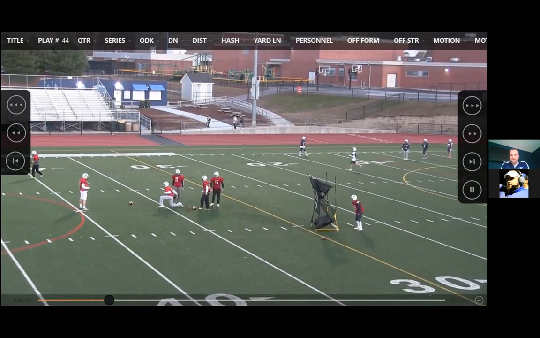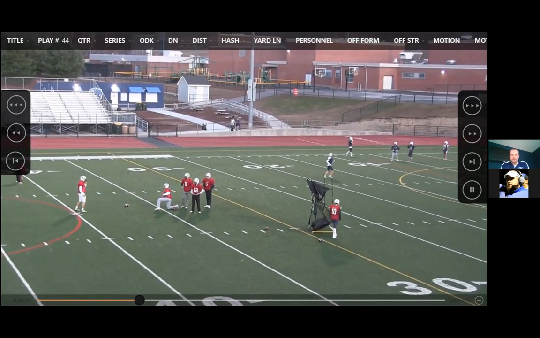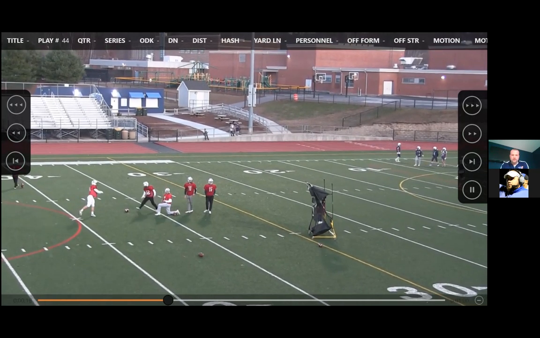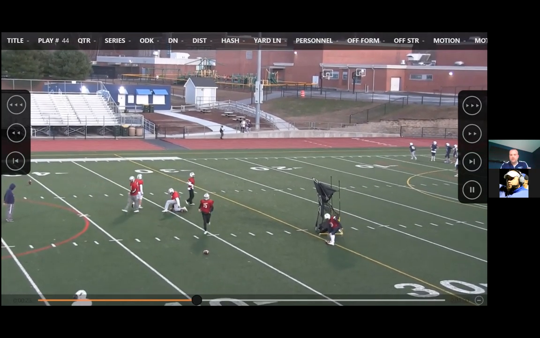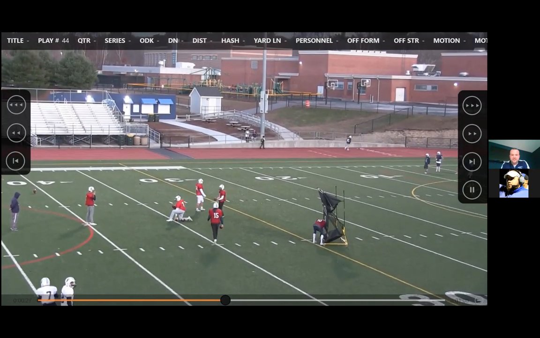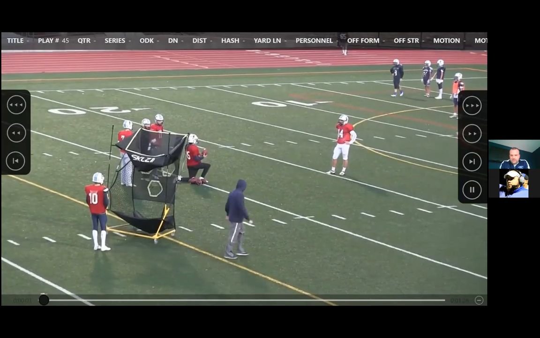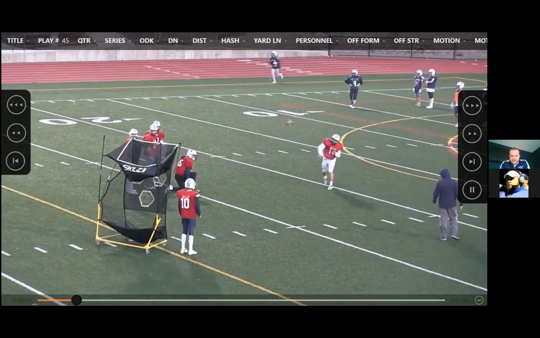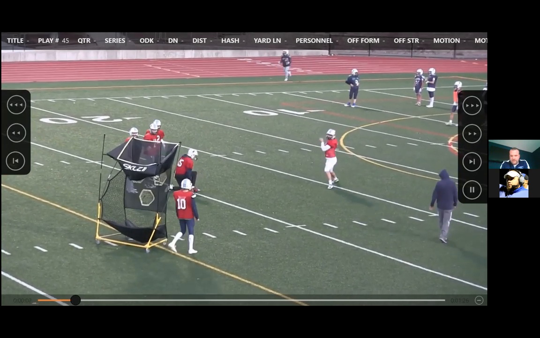Obviously, we could move this target wider. We could move it deeper, really wherever we want to attack the defense. Who are we reading, and what coverage are they likely to play, and then what combo or routes do we like behind it. We have a couple of 5-man RPOs. It's not just stick, and I'll show you those in a second. So that's one way that we'll rep this. And again, if you want to see the video, I can send it to you. If you want to get more in depth with quarterback drill work, we can certainly do that too.